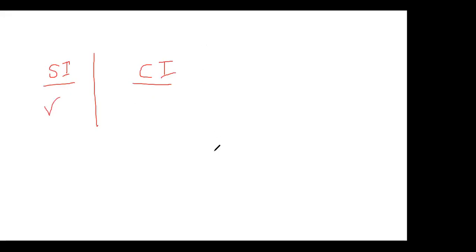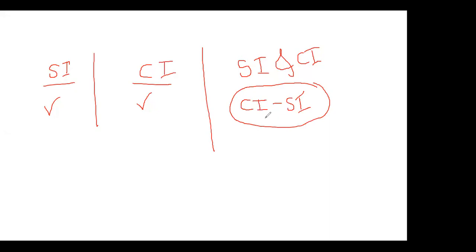Now in this class, I'm going to teach you that if there is a relation between SI and CI in a particular problem, how to solve the problem. Most probably they will give the difference between simple interest and compound interest. They will always mention that in this particular case, the difference between simple interest and compound interest. This type of problem, how to solve that, right? For solving those problems, there are two methods.